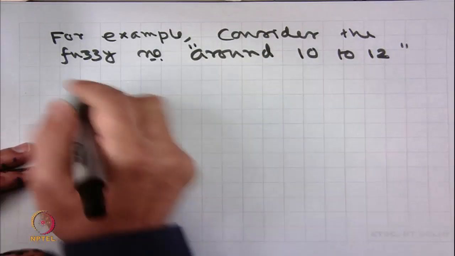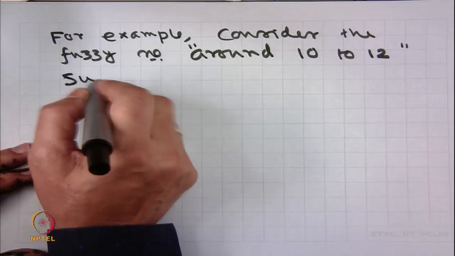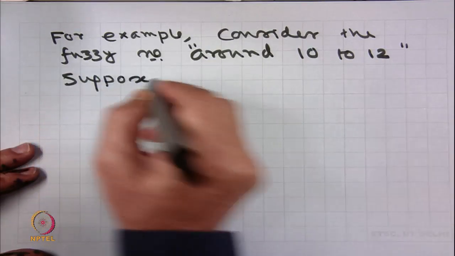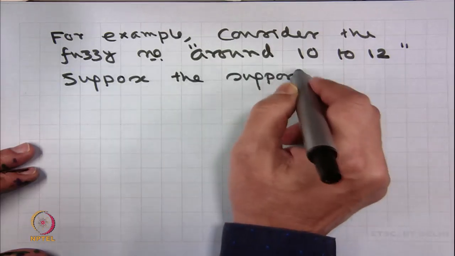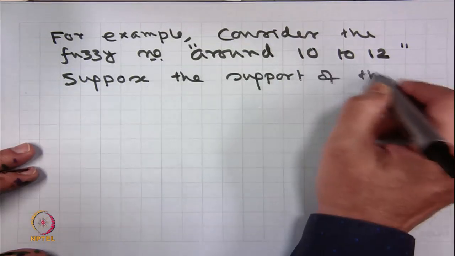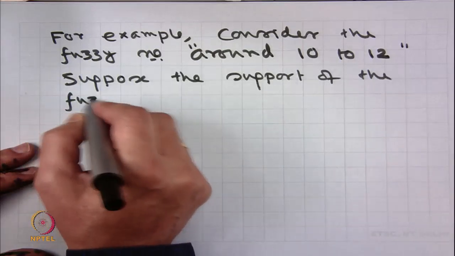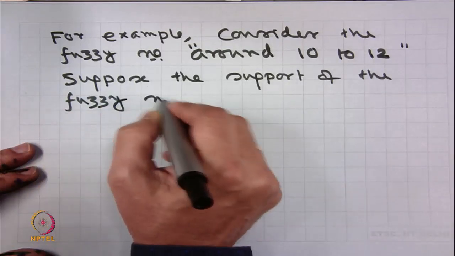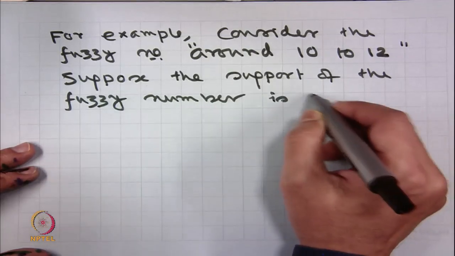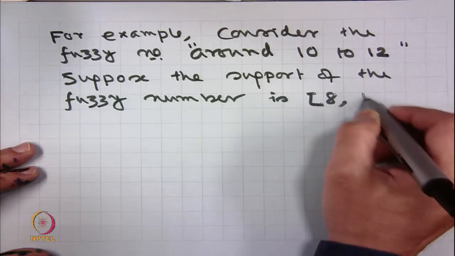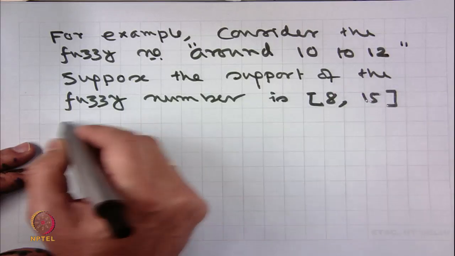And suppose the support of the fuzzy number is 8 to 15, such that